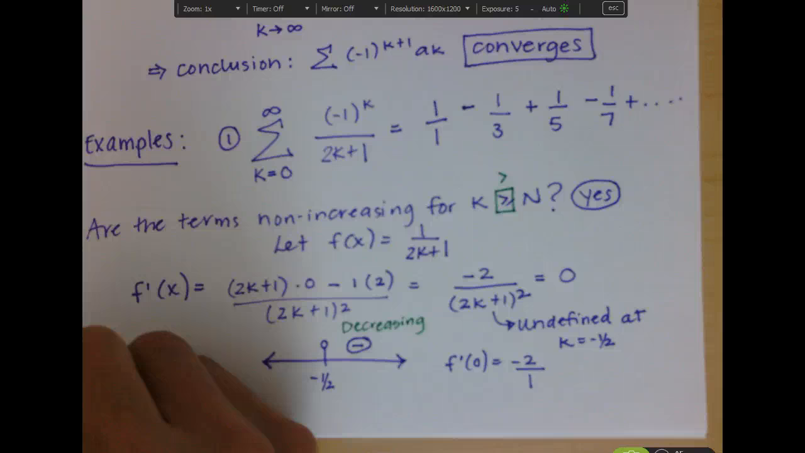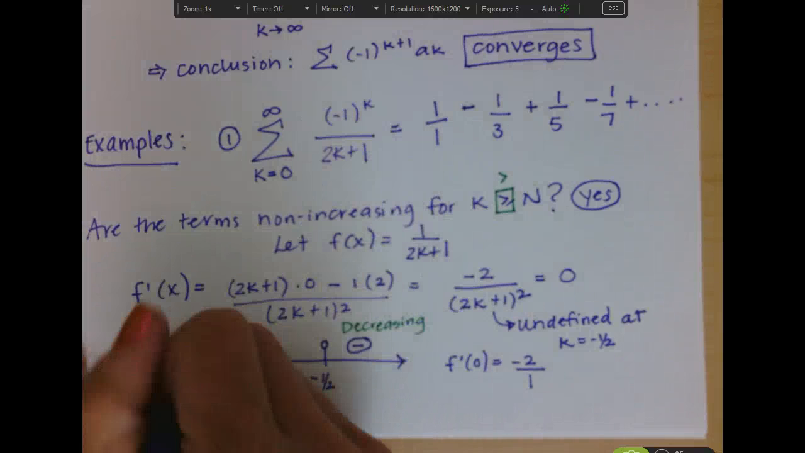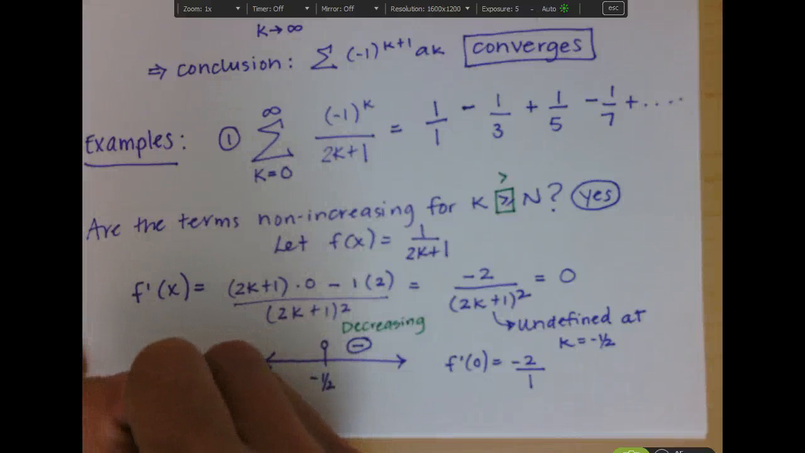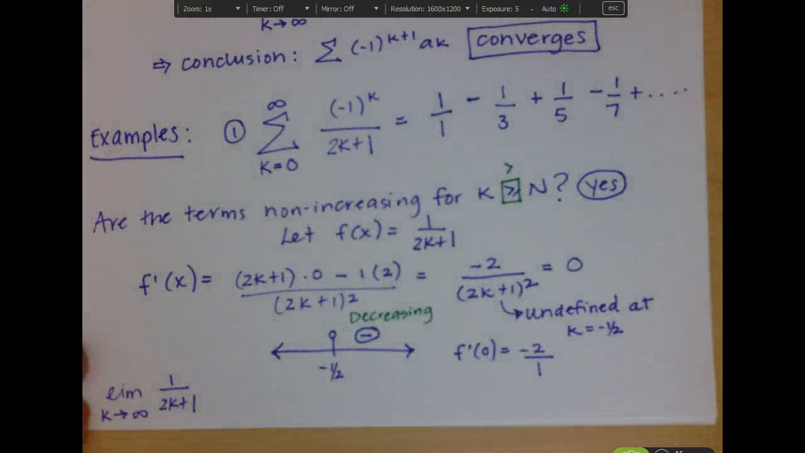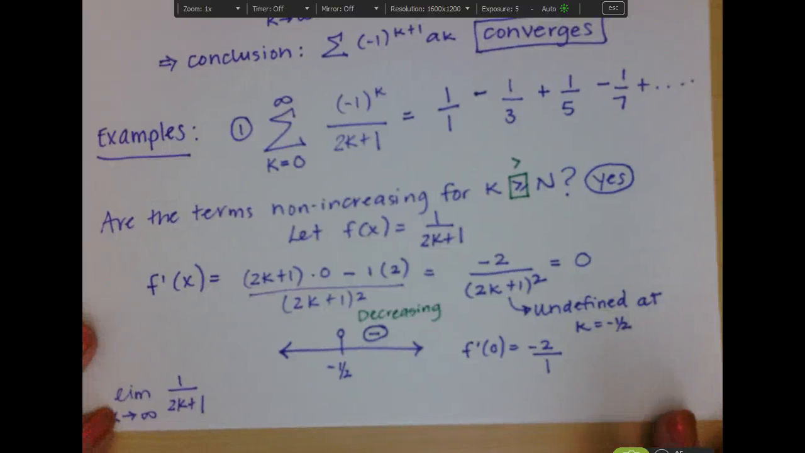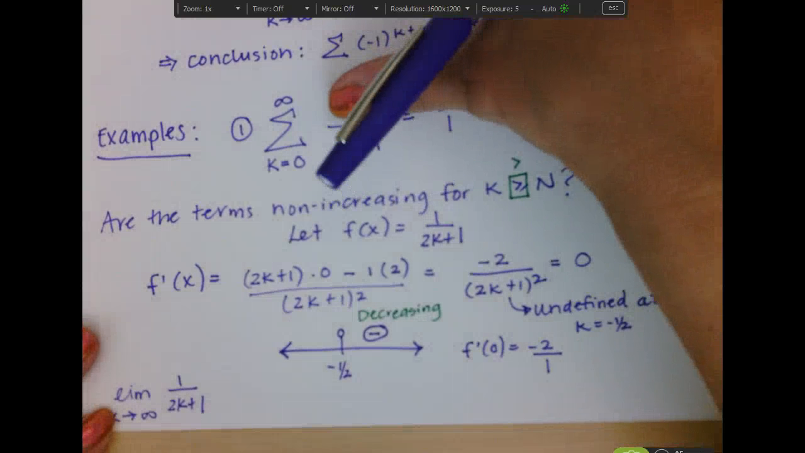So let's also find the limit as k approaches infinity of 1 over 2k plus 1. And I'll just keep reminding you here that we are really leaving the alternating sign piece off